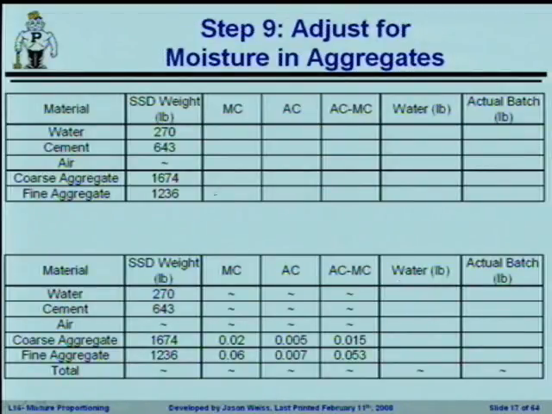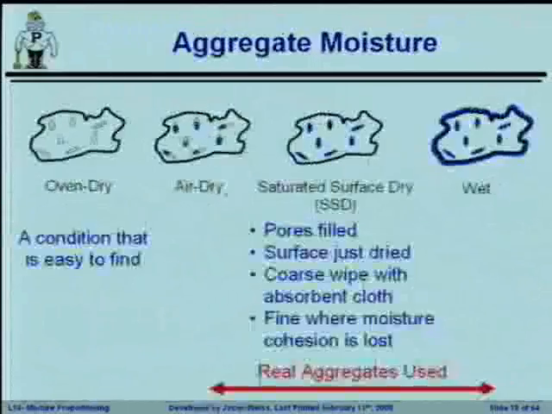So we now can take this a step forward, and we know our saturated surface dry weights of all of our materials that we had gotten from our previous slide. We've got 270 pounds of water, we've got 643 pounds of cement, we've got 1,674 pounds of our coarse aggregate, and 1,236 pounds of our fine aggregate in our overall system. Now the final step that we need to do is make an adjustment for the moisture content in the aggregates. So what we really want to try to do is figure